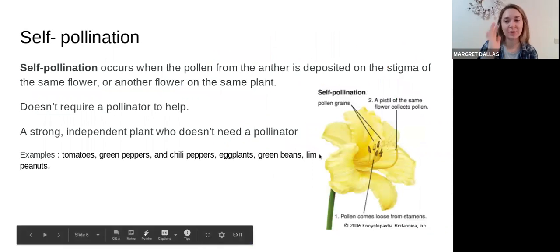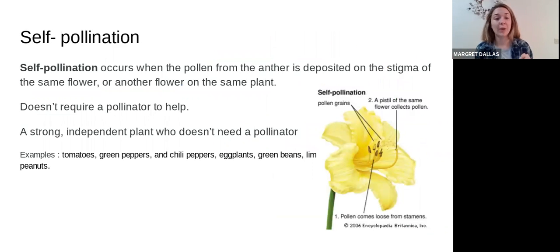All right, self-pollination. So self-pollination can happen in two ways. A flower can pollinate itself. Also, flowers on the same plant pollinating one or the other, where you don't need another plant to help you do it. So you can see here, the anther is going onto the stigma. This can also happen on the same plant. Some examples of this are tomatoes, green peppers, chili peppers, eggplants, green beans, lima beans, peanuts, and it doesn't require,